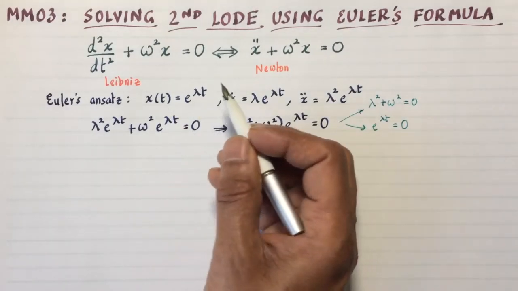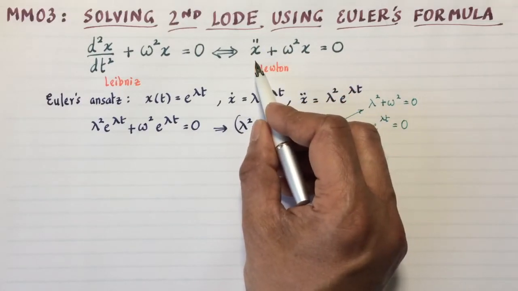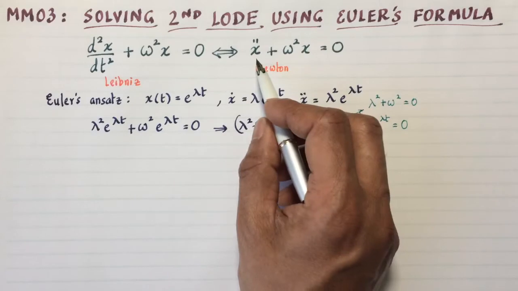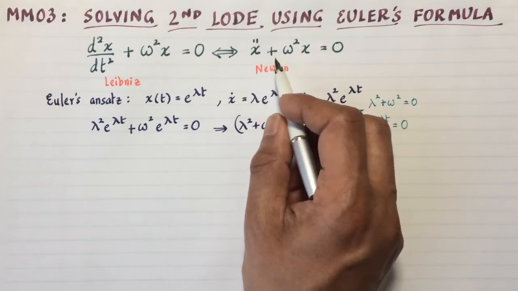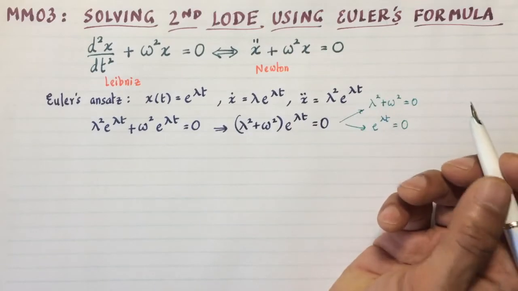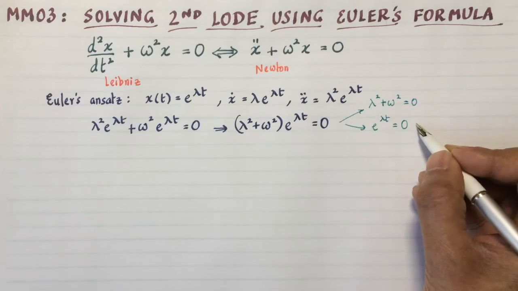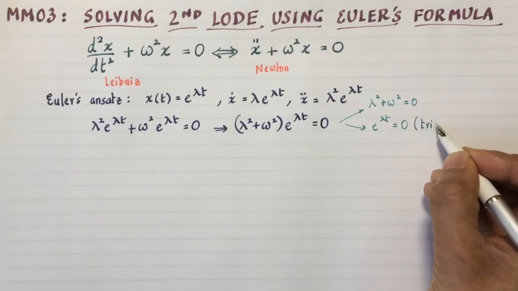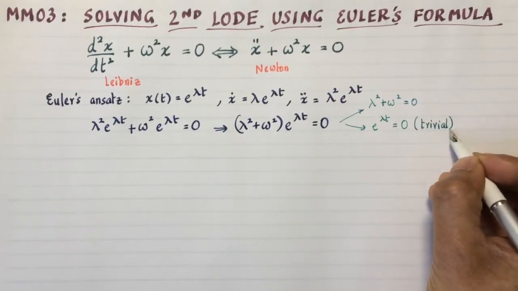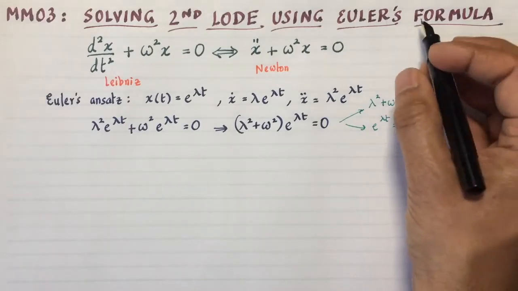Now, does x equal to 0 satisfy Newton's equation? It does. Because if x is 0, x double dot is also 0. So 0 plus omega squared times 0 equals 0. Yes, it is a solution. But it's a very silly solution. It's sometimes called the trivial solution because of its silliness, and the trivial solution is always ruled out in this problem. If you were thinking of a physics example of what this system actually represents, it would represent something like